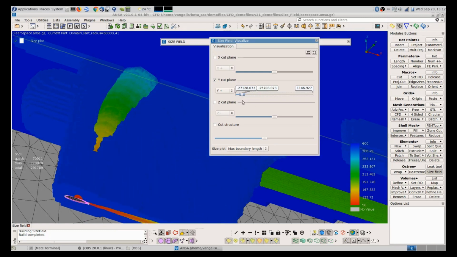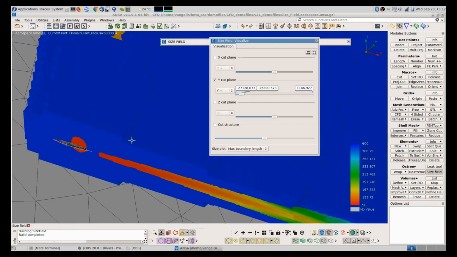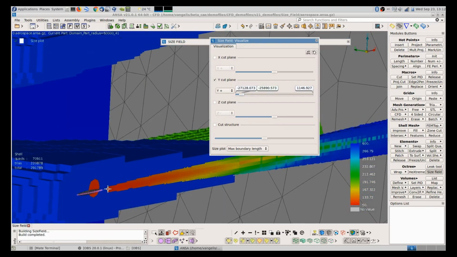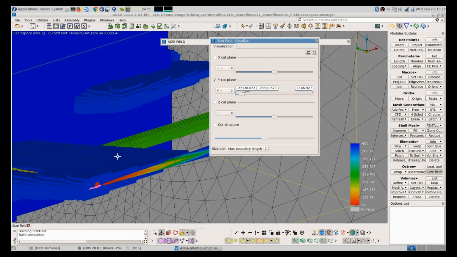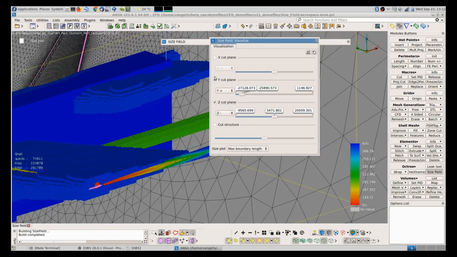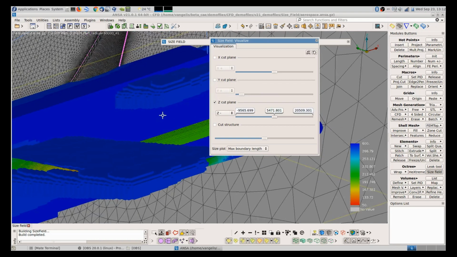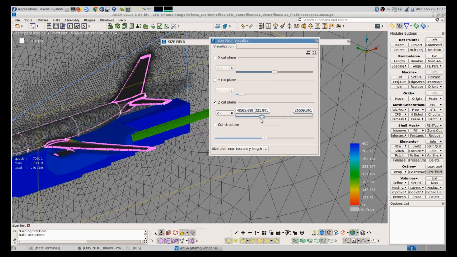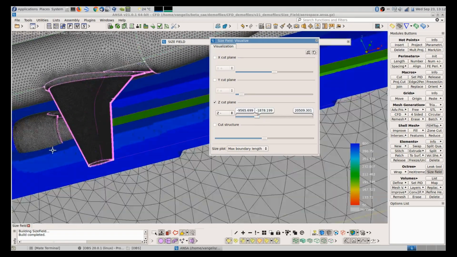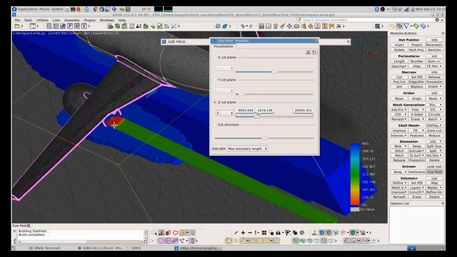Let's go to the tip. Also, you can see a nice combination of radial increase of the size and axial as the wingtip develops further downstream. We can examine this in different directions, right? To see how the mesh size distribution will vary.